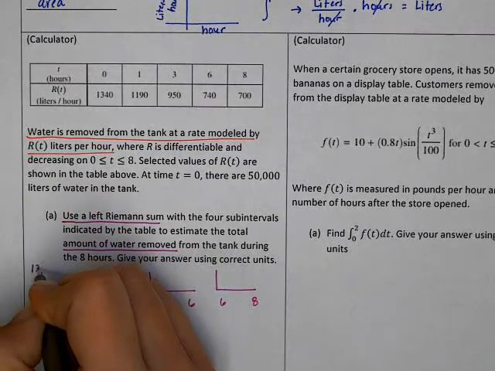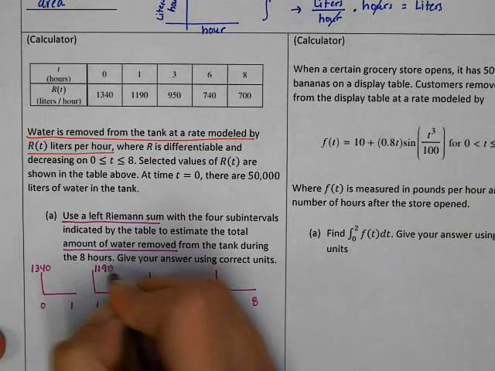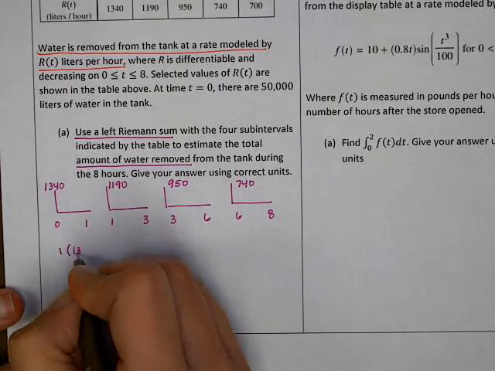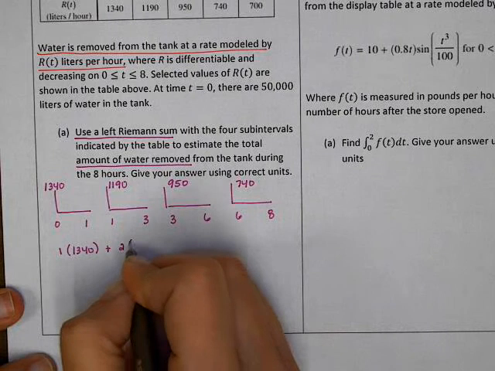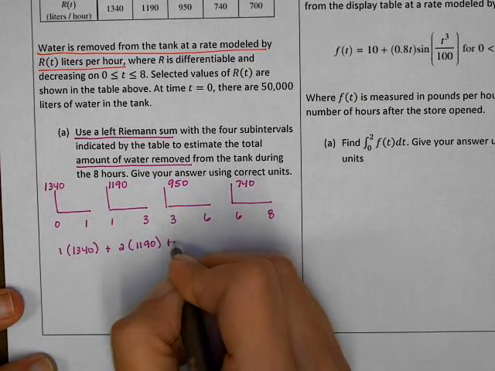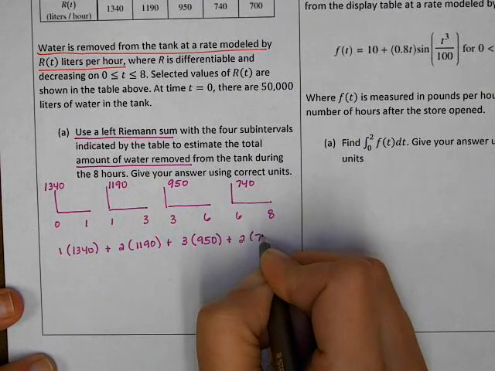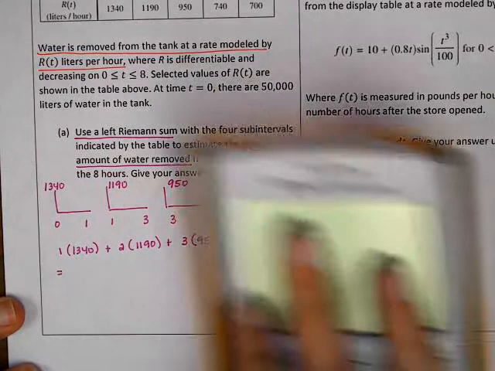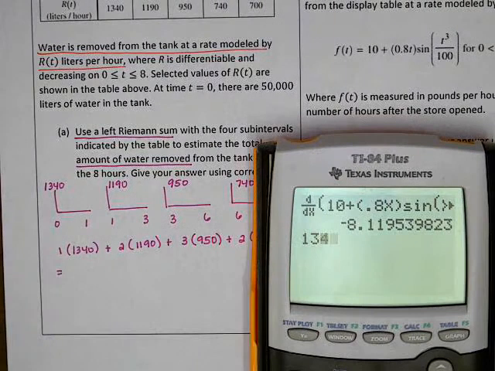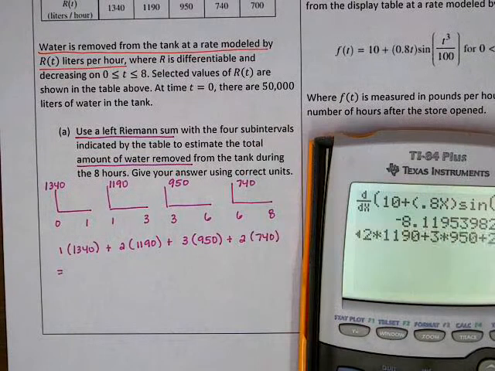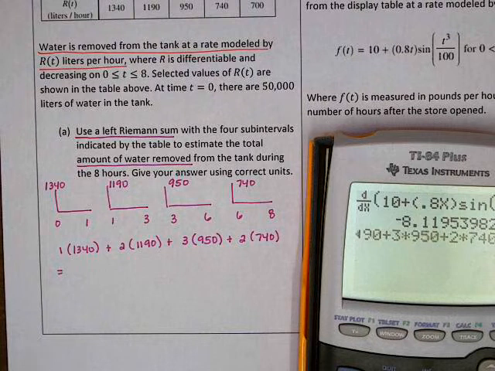The heights would be 1340, 1190, 950, 740. So I would do 1 times 1340 plus 2 times 1190 plus 3 times 950 plus 2 times 740. And if I do that on my calculator, 1340 plus 2 times 1190 plus 3 times 950 plus 2 times 740, I get